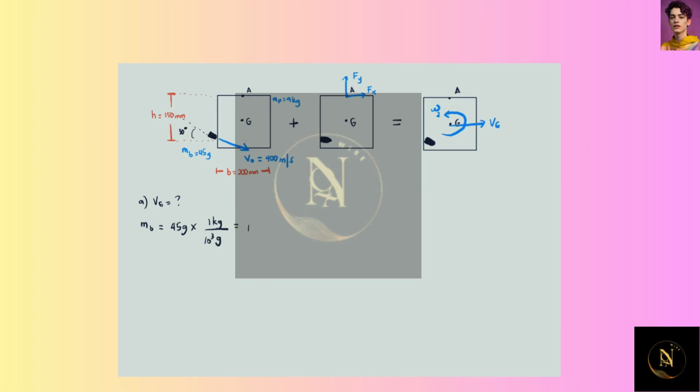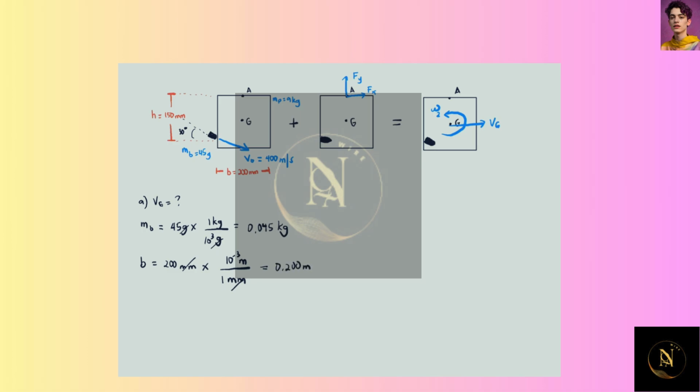So this is equal to 0.045 kilogram. And then for the side of the square panel, which is B, B is 200 millimeters, times the conversion factor, 1 millimeter is 10 raised to negative 3 meter. So cancel millimeters, and we'll have